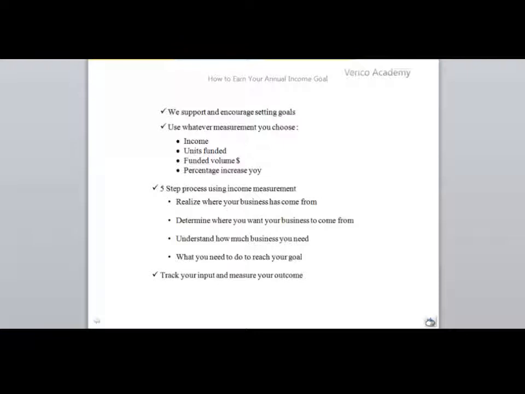Your goals can be based on income, the amount of money that you want to make in a given year, the number of units or the dollar amount in funded volume, or you can simply do a percentage increase year over year. In this course, we are going to take you through a 5-step process using the income measurement,